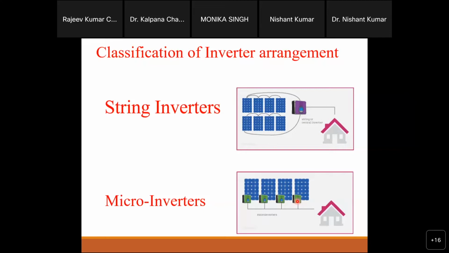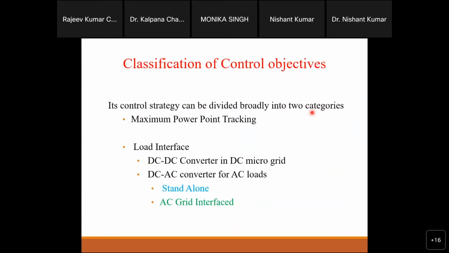But the question again is, in which conditions will we choose which one? If you are going for a small system, the direct answer is the string inverter side. You can go for that, for example, a rooftop solar panel. Simply, directly you can go with the string inverter. And if you go for a large system, like a PV park, then you can choose microinverter type solutions. But in today's lecture, I will discuss the control side, so the same control will be applicable for both. Whatever system you choose, it will work for both conditions.